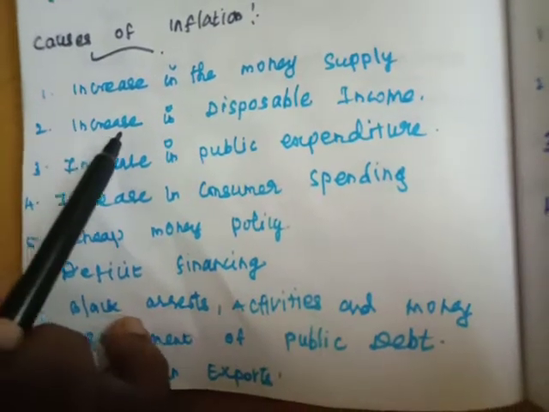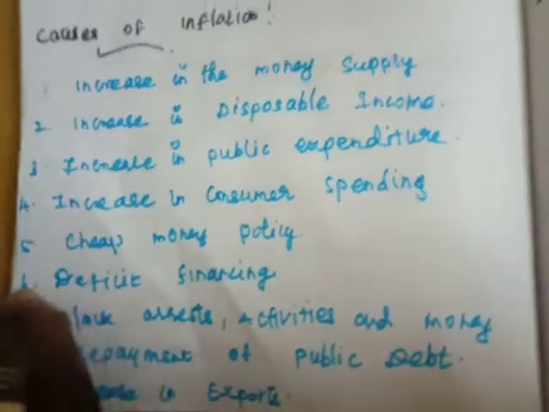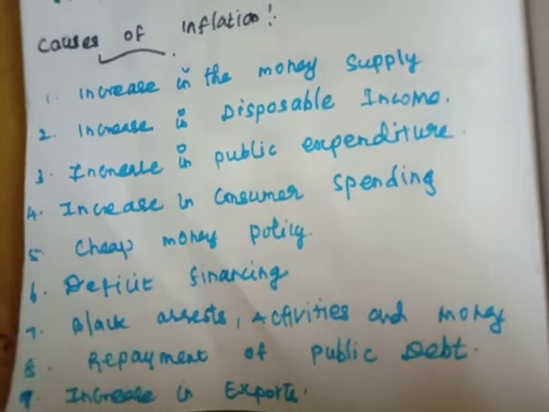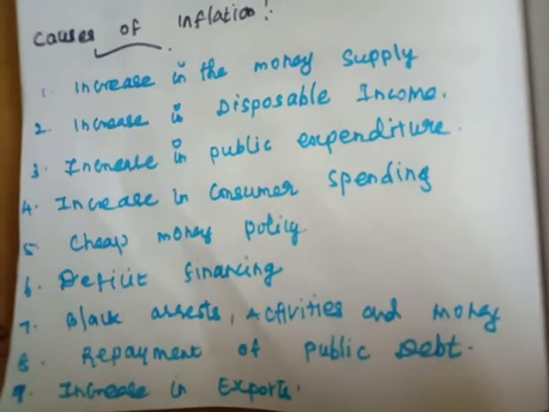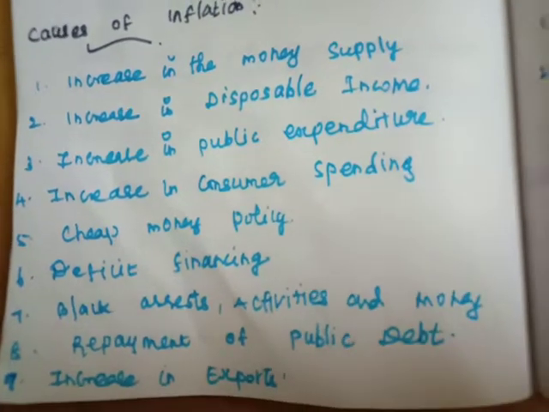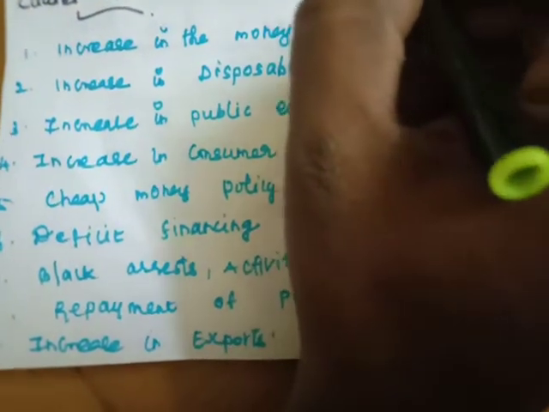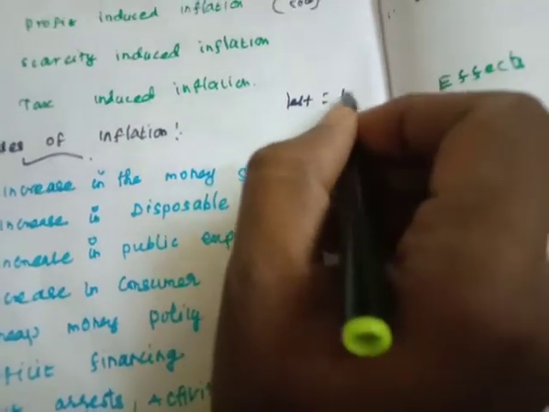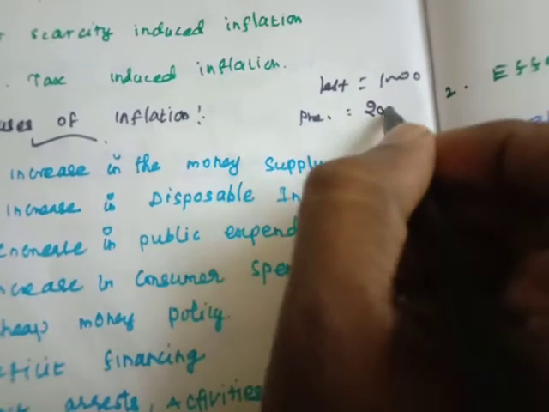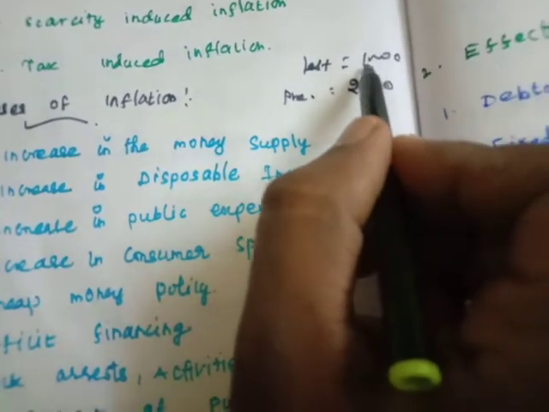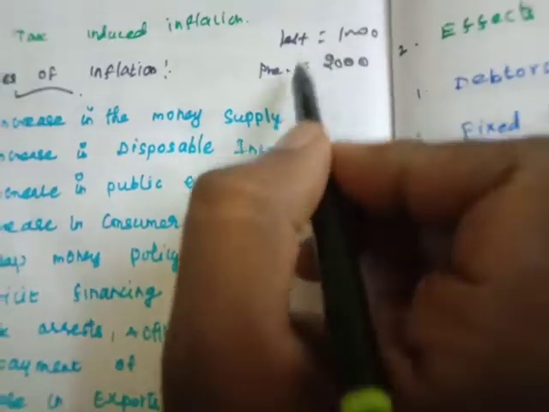And the second one is an increase in disposable income. Disposable income means the income we take home after the payment of direct tax. When the disposable income of the people increases, it will raise their demand for goods and services. For example, one man last month got a 10,000 salary, and this month got 20,000. After the payment of direct tax, he or she took 10,000 home last month, and this month